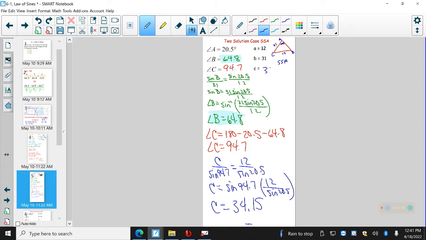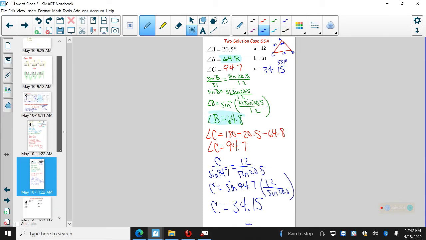34.15. That is the first triangle. Okay? That is the first triangle. Does everybody understand that? Now, remember what I highlighted. I highlighted the 64.8. To find the second triangle,